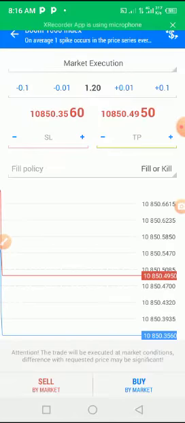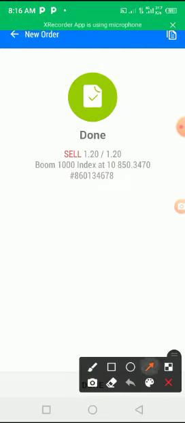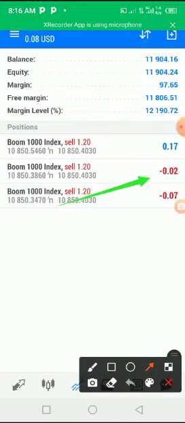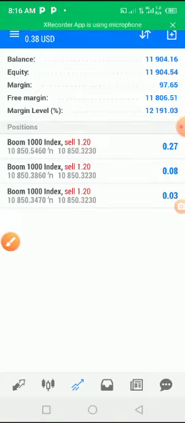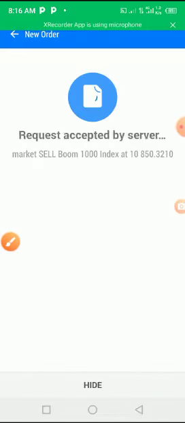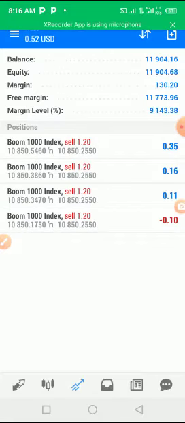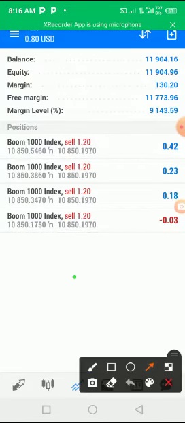You see, the moment I sell, this one has entered profit. This one is not yet in profit. This one has entered. This one also joins them very soon. So that is how we make the money, and it's loading in profit immediately. You don't need to do too much analysis. You see, the moment it turns from red to blue, it has entered. This one has joined them. So everything is in profit now. That's how you make money on this system.